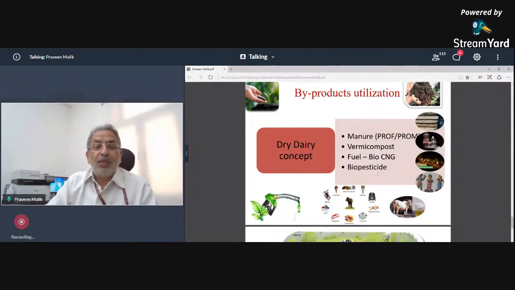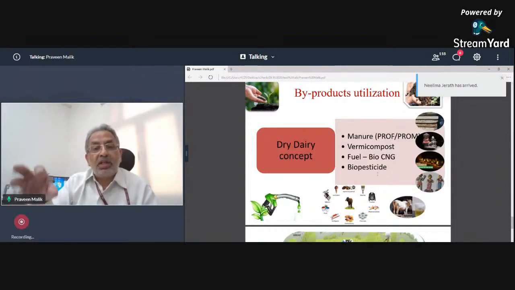कंपोस्ट की बात करते हैं, फ्यूल प्रोडक्शन की बात करते हैं, बायो पेस्टिसाइड की बात करते हैं। और अगर आप नीचे एक छोटे से में महसूस करें तो कुछ हमने दिया है कि लेदर से लेके, ब्रश से लेके, आइसक्रीम से लेके, हमारे पास बहुत सारे ऐसे प्रोडक्ट हैं। टॉयज हमारे बनते हैं, ये सब गोबर के टॉयज हैं। अगर आप देखें, these are made of dung. So cow dung को यूज कर सकते हैं, यूरिन को